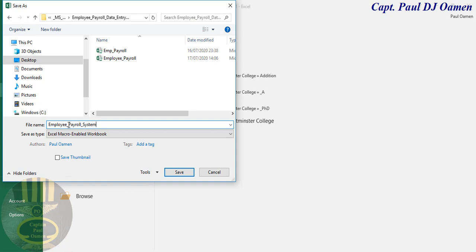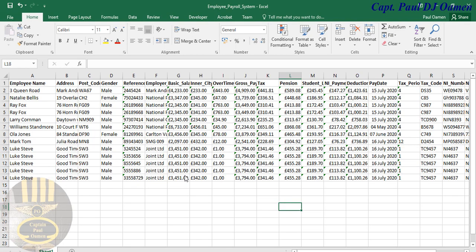There, that's the name of my project, Employee Payroll System. Click on Save. There we go. So now if we go to the developer tab here, and there's one thing, because I do have some new learners here, if you don't have your developer tab, all you need to do is go straight to